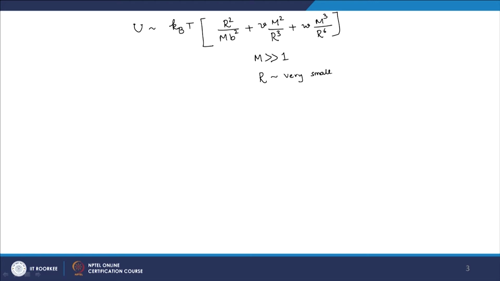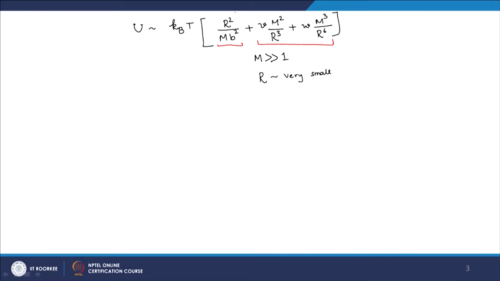So, if I look at the first term here, the first term will be very small compared to the other 2 terms, simply because it has m in the denominator, a larger quantity in the denominator, others have m in the numerator, and also it has r in the numerator, r is small, others have r in the denominator, and so we can essentially drop the first term from here